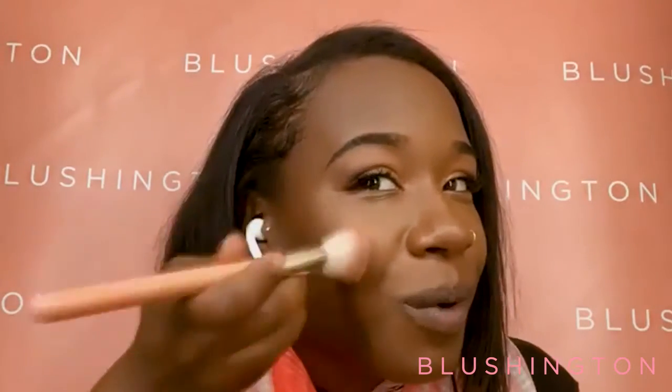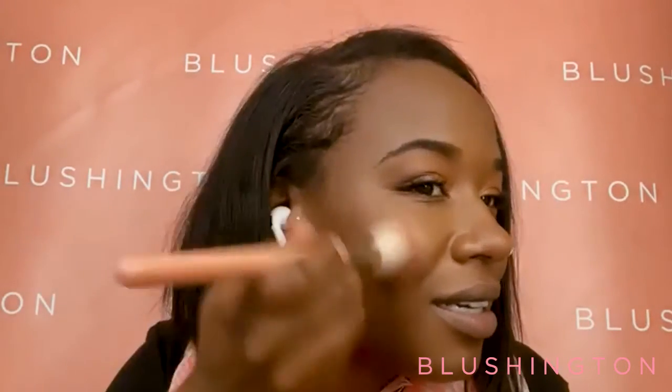So knocking off the excess, I'm going to smile and take this and just put it on my cheek and take it upward, blending this in. Do the same. Thank you so much. Knock off the excess, do the same thing to the other side. I'm going to smile, take it in an upward motion to give myself a lifted look, hitting the apple of my cheek and upward over the bronzer towards my